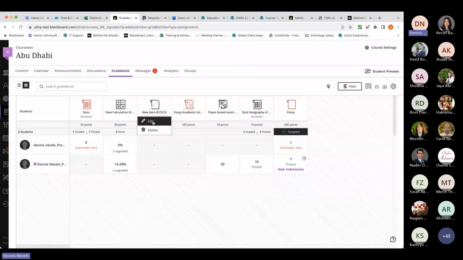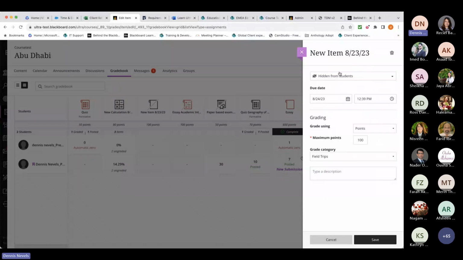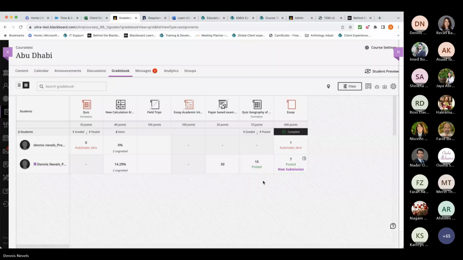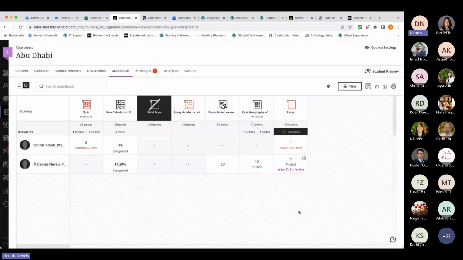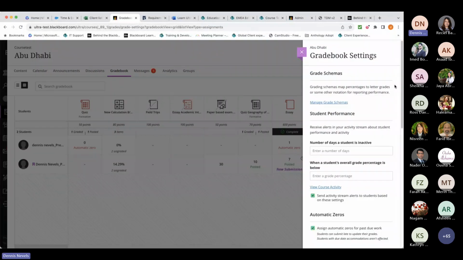I do have to give a name to that. So I do have to add a name here as well. And then we call it field trips. So in this way, field trips can be their own separate mark, their own separate column in the gradebook as well. But it will become clear when we get to the overall grade calculation. So